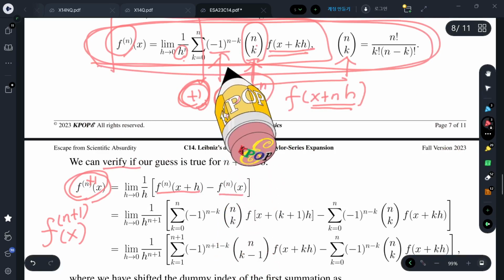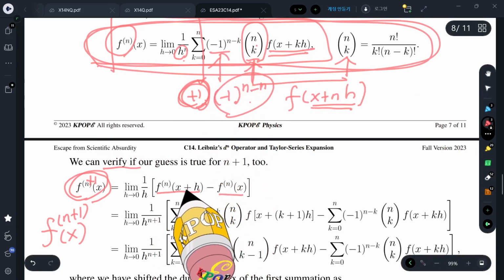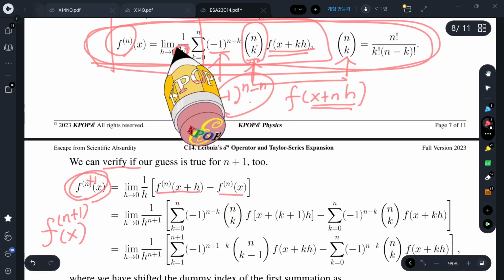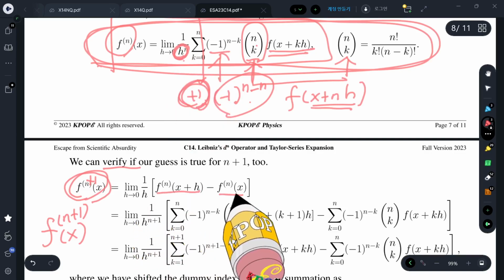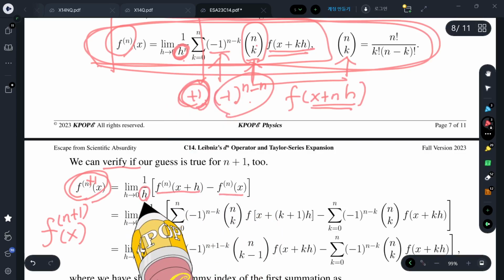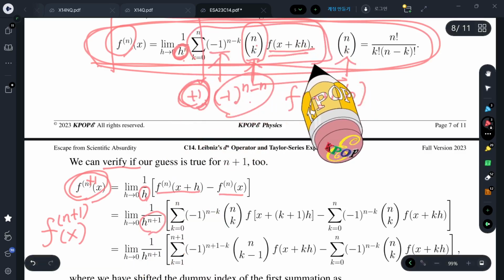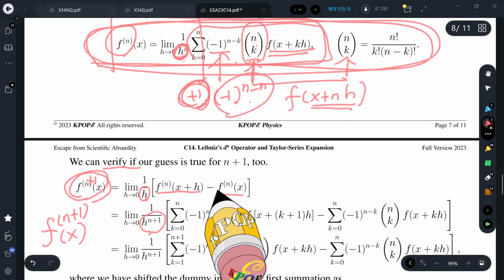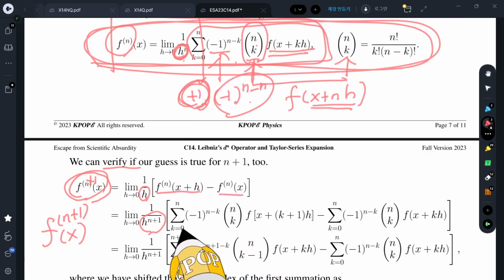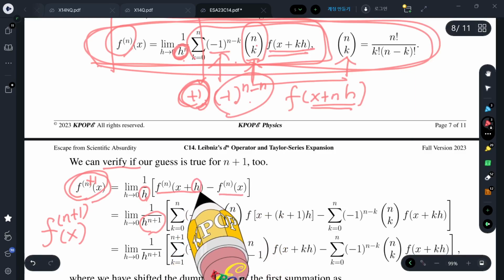Substitute this value in here. So we have h to the n in here and combine these two to find the h to the n plus 1. And this sum is copied in here, except that I have added h